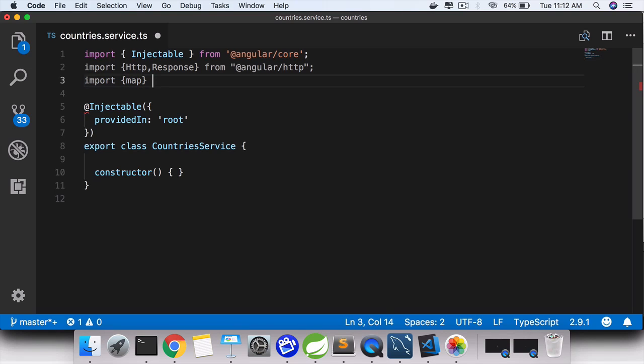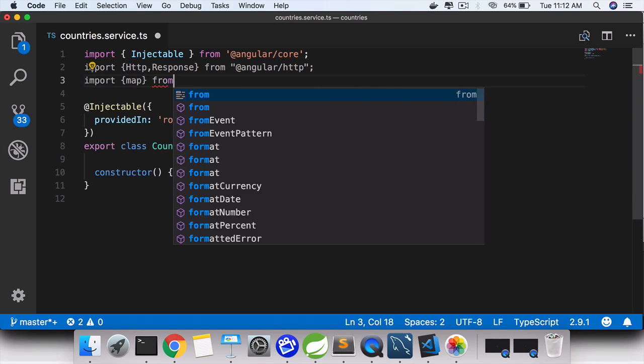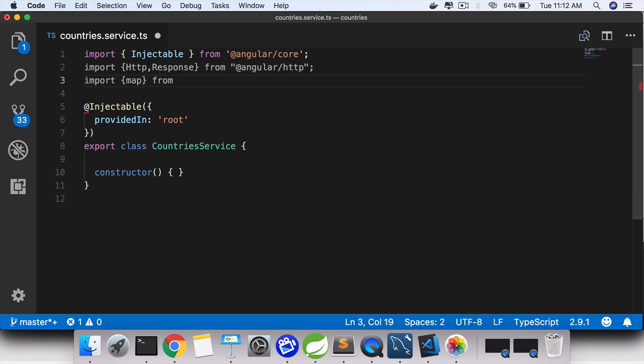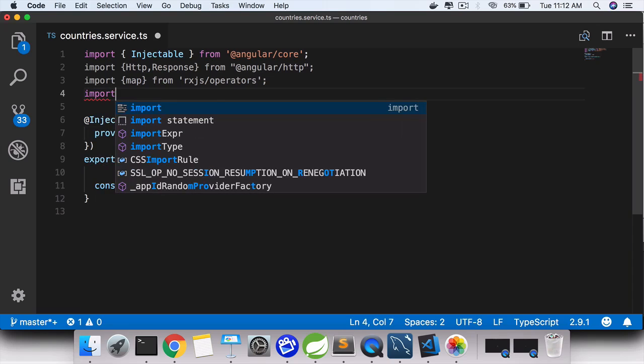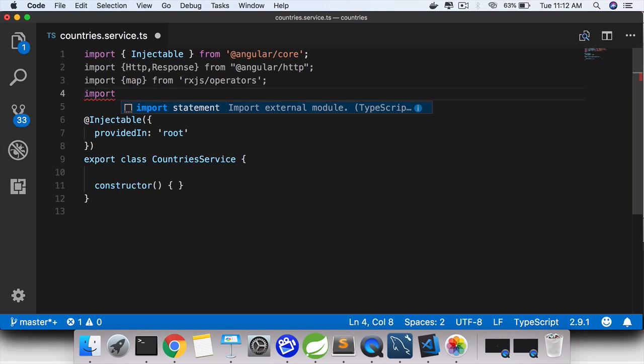Next, import map. Map is a utility function that we are going to use to map our response from RxJS/operators. So the RxJS operators has this map utility which we are going to use. And the last import is an important one, Observable, from